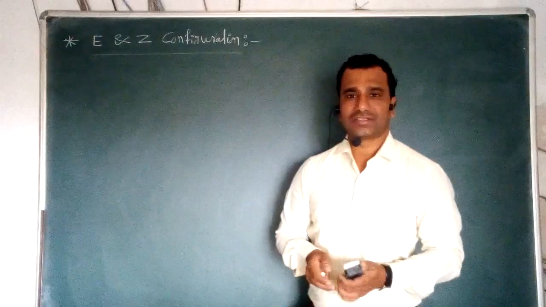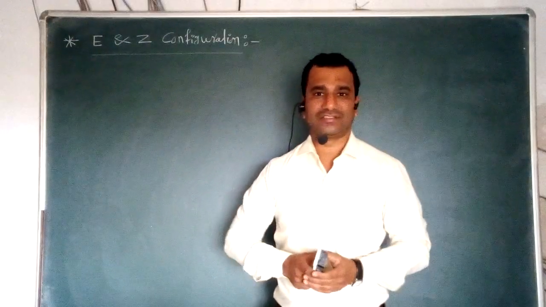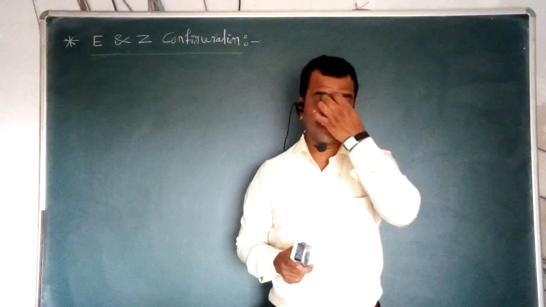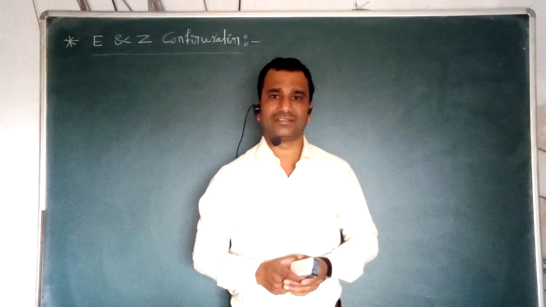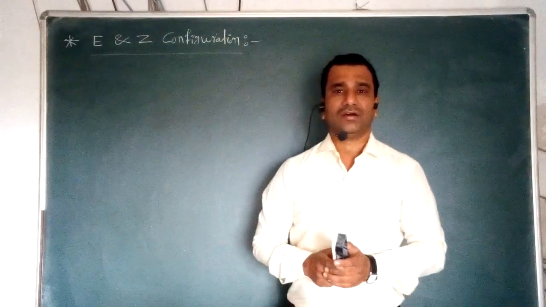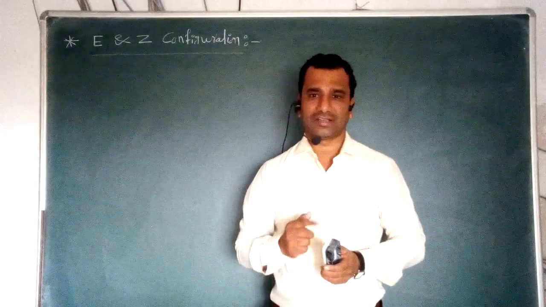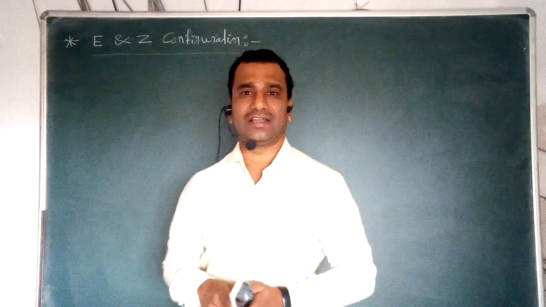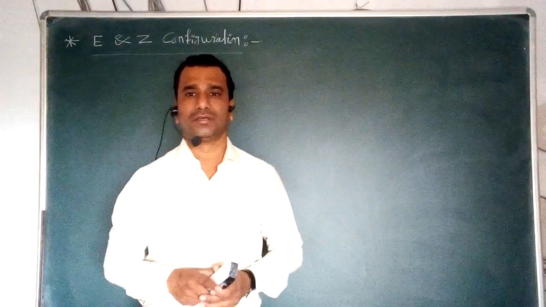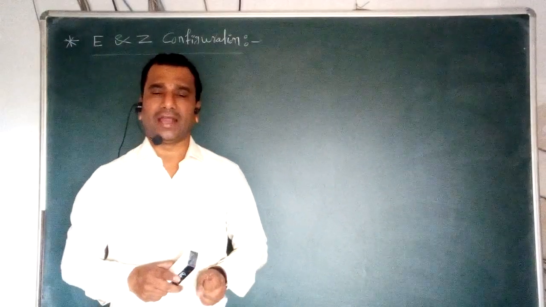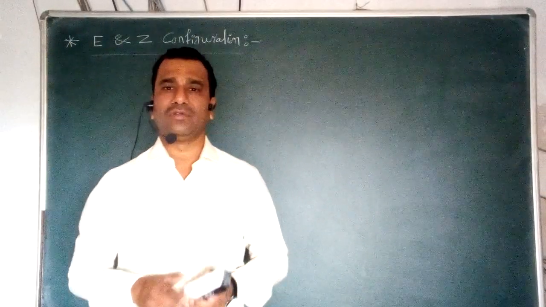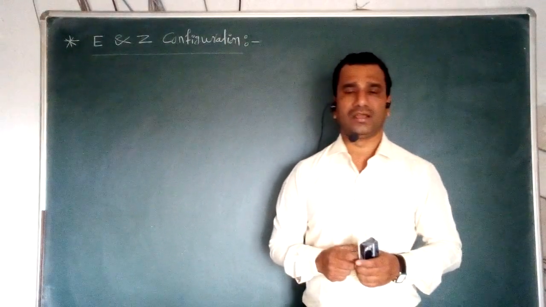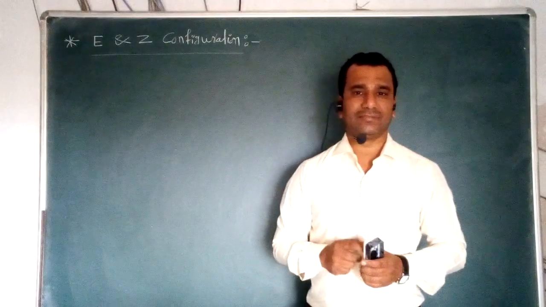In the last lecture, we discussed what is meant by geometrical isomerism, the definition of this particular isomerism, the two types of this isomerism, that is cis and trans isomerism, the definition of these two, along with suitable examples for assigning cis and trans isomerism for the given molecules. At the end of that lecture, we pointed out the failure or drawback of cis and trans isomerism as far as the alkene system is concerned.